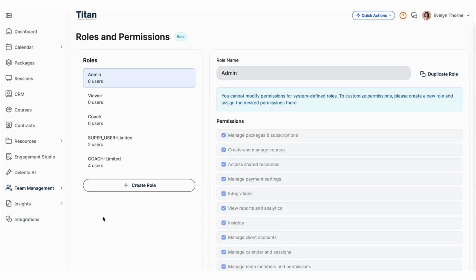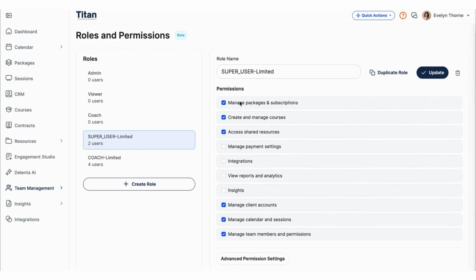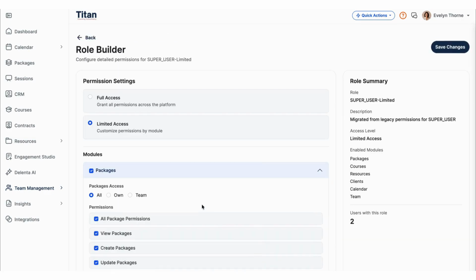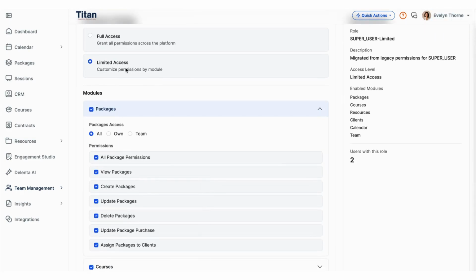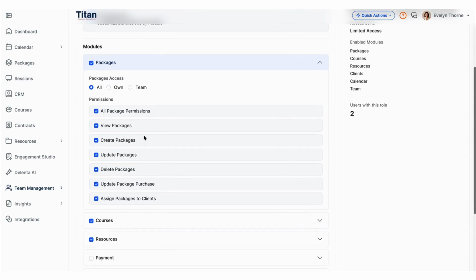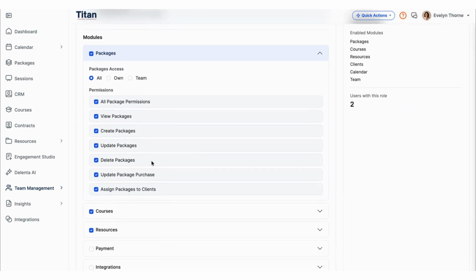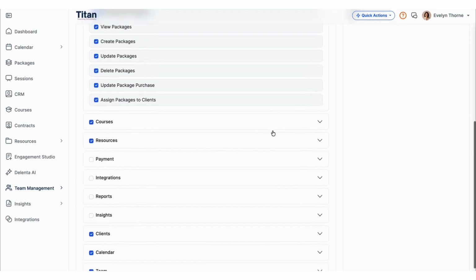To get started, head over to the Roles and Permissions section. This is your command center for creating bespoke roles tailored to your unique business operations. Dive into the advanced settings to limit or grant access on an incredibly granular level. You control the exact actions a user can take, right down to whether they can simply view, create, update, or permanently delete assets. Delenta gives you the power to drill down and set strict boundaries across every major feature of